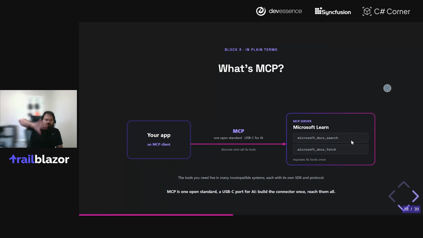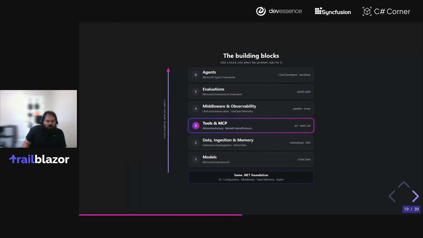This Microsoft Learn MCP server is out there somewhere with a set of tools, and MCP is the thing that makes it easy for us to go back and forth in the context of your application. You're still using the IChatClient for making calls to your LLM. MCP is just providing that tool calling capability and additional context for your model. So it's that one standard, effectively like a USB-C standard. Once you have this in place, you can call upon all of the different MCP servers that you have out there. So that covers tools in MCP.